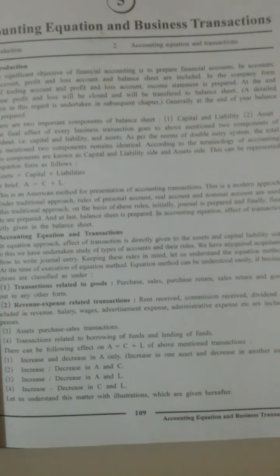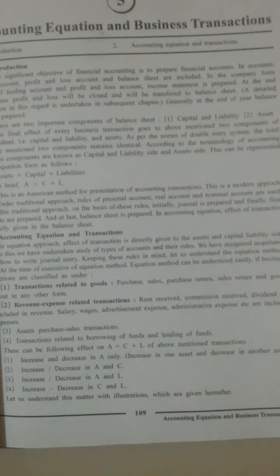Then what would be the effect? Here cash is coming into the business, therefore cash is increasing and capital is also increasing. This would be the effect for the first transaction. So how would you show it in the accounting equation? Cash is increasing and cash is a type of asset. So first of all you have to write cash here in the asset column and the amount 50,000